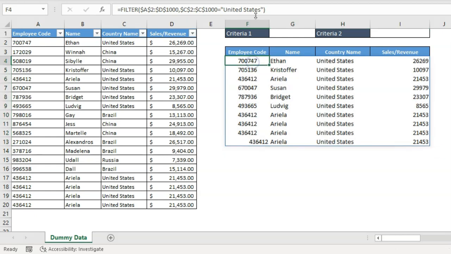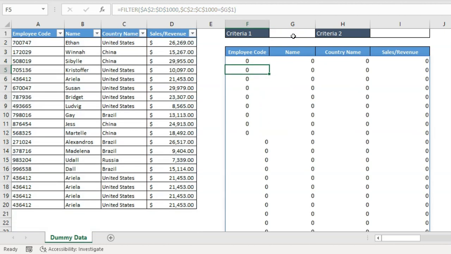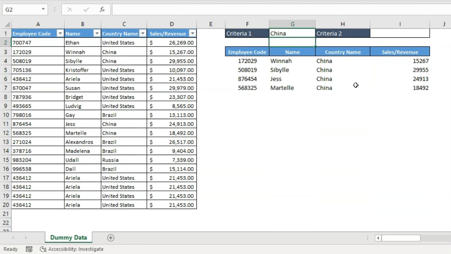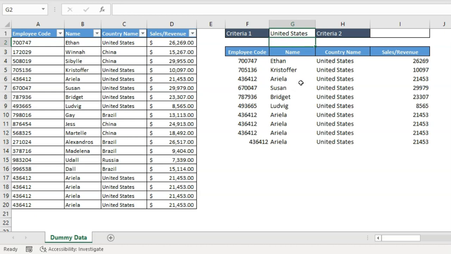Now what I want to do, I don't want to use this United States, because I was manually inputting this criteria. So I want to remove this, I want to link it with any cell. So here I want to use G1. So let me fix this range and let me press enter. If you have observed that I have used till 1000 rows, so that is why it is pulling all the blank values, because my criteria is blank. Am I right? So here I will be typing China. So now you can see it is pulling only China data. If somebody puts United States, then United States data set will get updated here. And whenever any new data entry gets updated, that will also get pulled here.